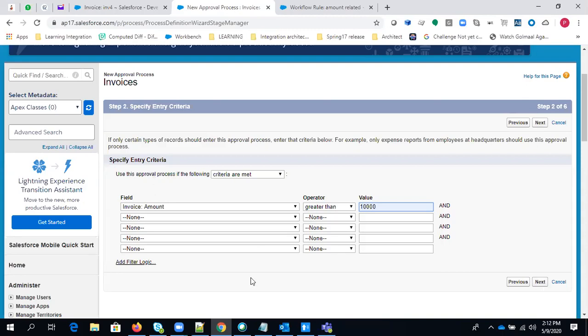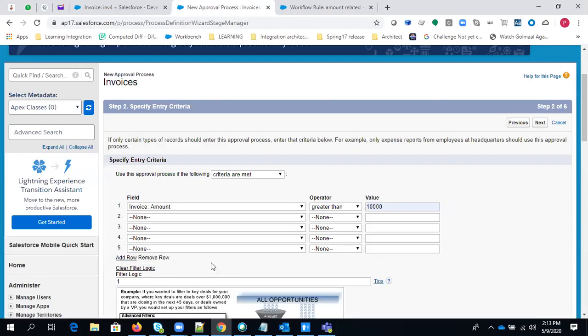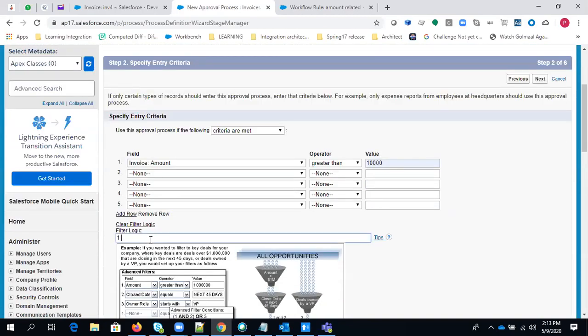Next. So guys, there is a thing here. You can see you can add multiple criteria, multiple combinations of criteria, and you can see "and" here, right? What is the meaning of "and"? If you add multiple criteria, then all the criteria should be true, and only then will it go next. But if you want "or" in between, then you can add a filter logic here. Like if I want to add 1 and